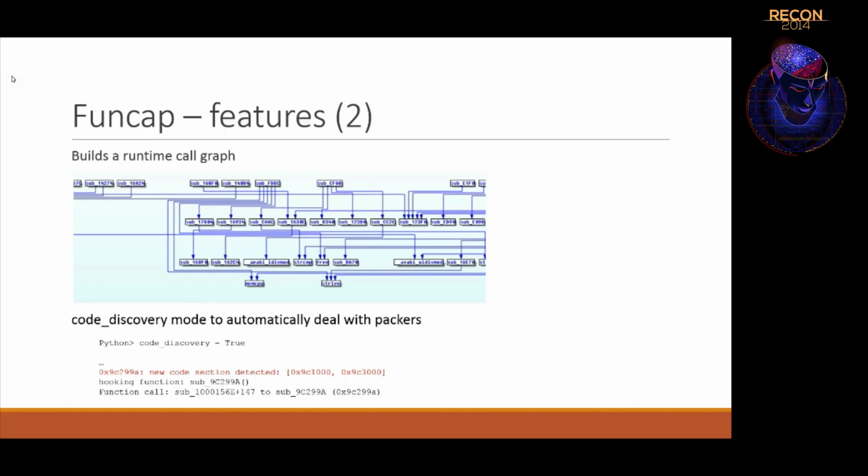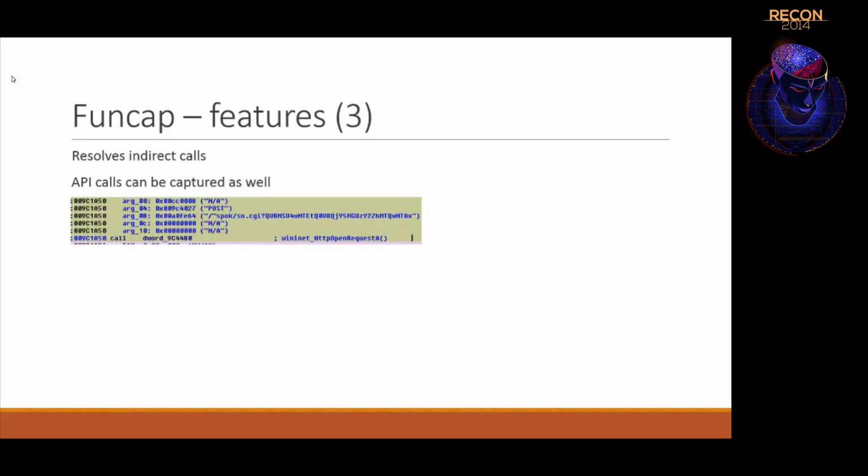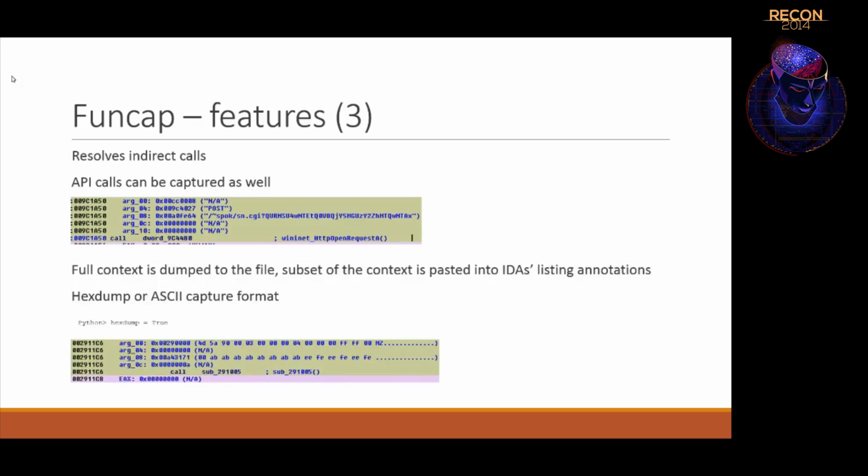It basically tries to detect if the call leads to a code section that was not seen before, and if yes, then it will analyze that segment and discover it as such. It also resolves indirect function calls, as you see in this example. Call to dword here is commented as a call to an API. Yes, of course, the API calls can be captured as well. The full context is dumped to the file, and only a subset of this context is pasted into the IDA listing,